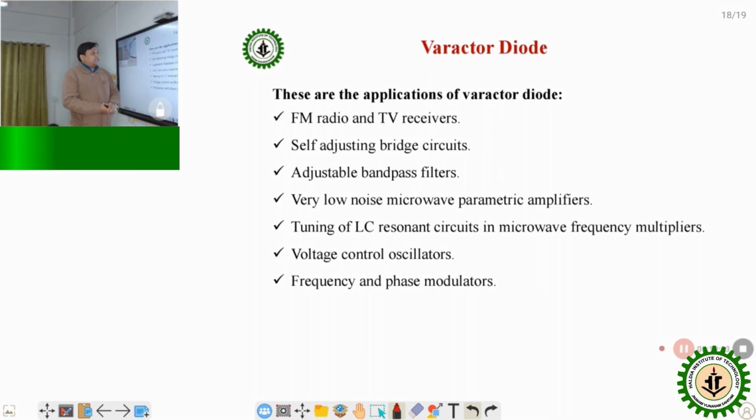These are the applications of the varactor diode: FM radio and TV receivers, self-adjusting bridge circuits, adjustable bandpass filters, very low noise microwave parametric amplifiers, tuning of LC resonant circuits, microwave frequency multipliers, voltage controlled oscillators, and frequency and phase